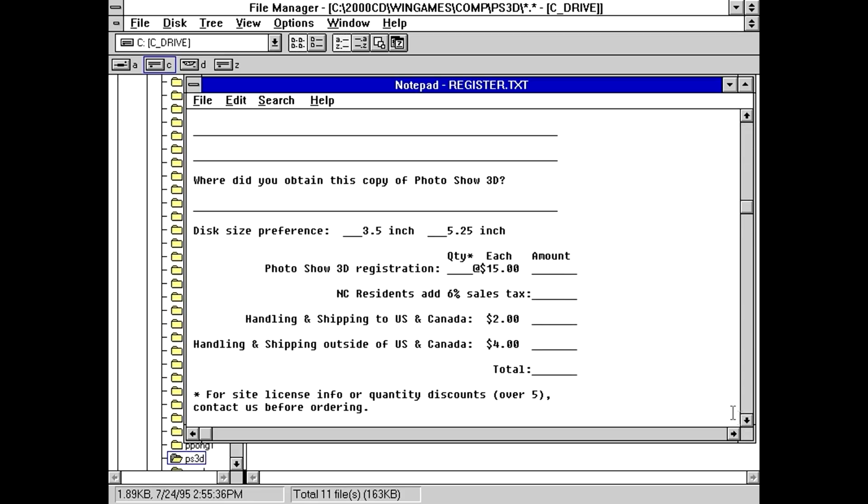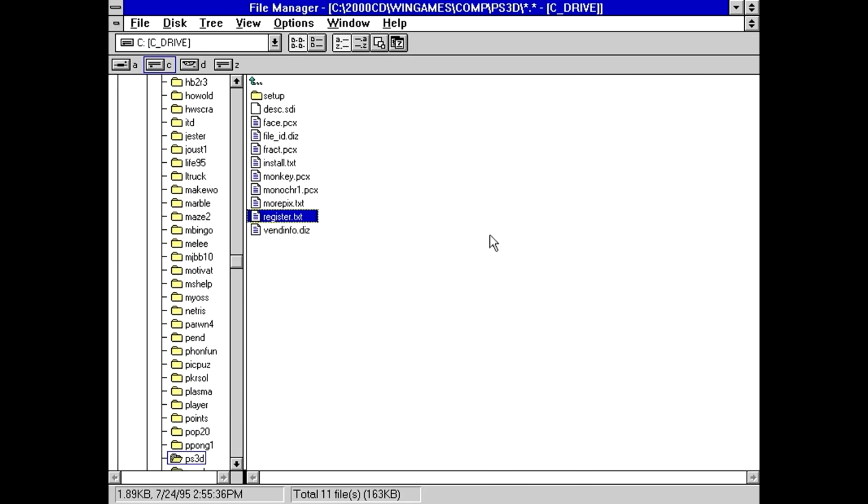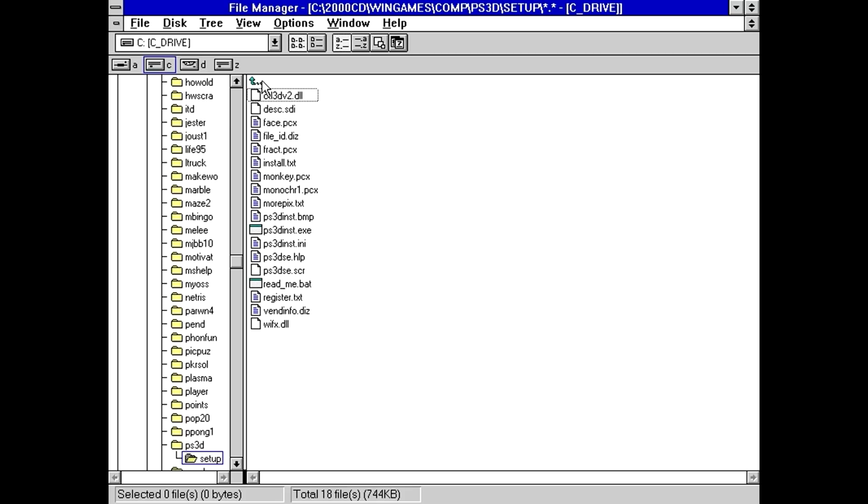Apparently registration was $15. Oh boy. So we just saw a $5 game. Now how about a $15 screensaver that just shows photographs? Well, I'm being a little harsh. Maybe it's actually decent. Well, in this event, at least they included the setup, because I'm not